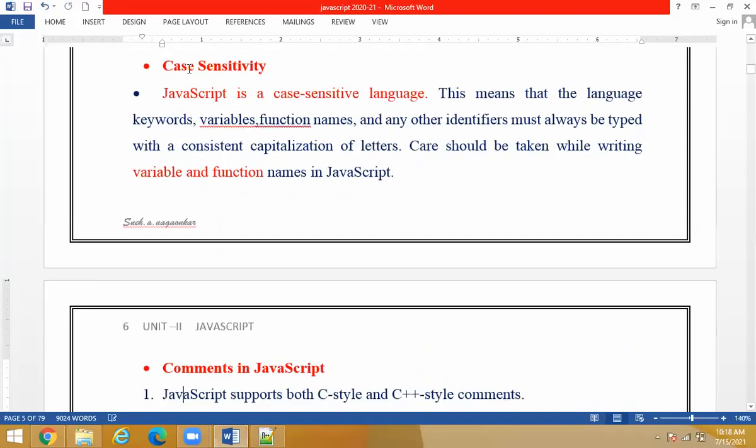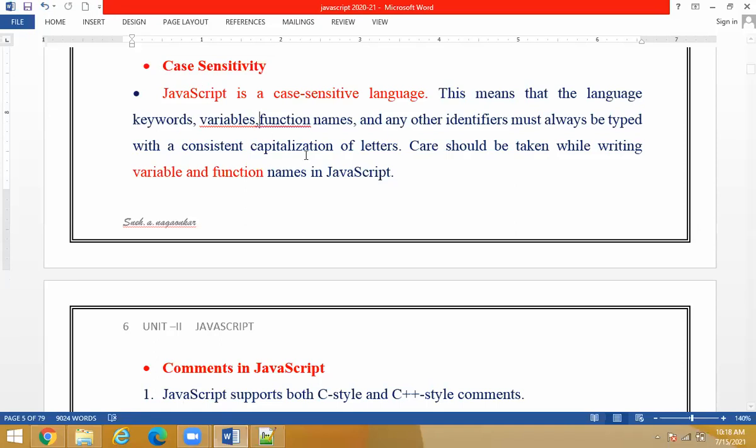So the third characteristic of JS is case sensitivity, students. What happens in case sensitivity? Whatever variable names, function names, data types, keywords, or reserved words you are going to use, all of those are case sensitive.